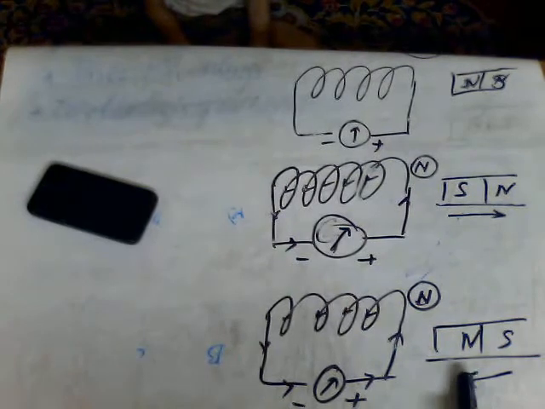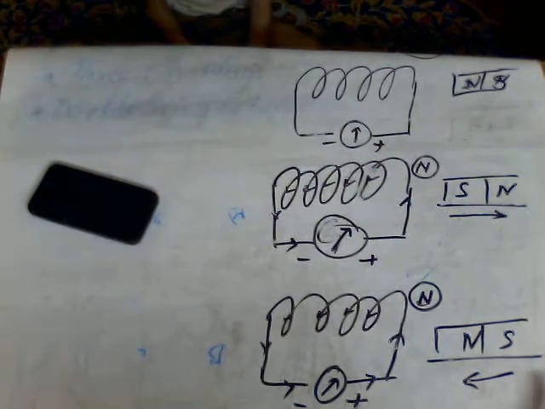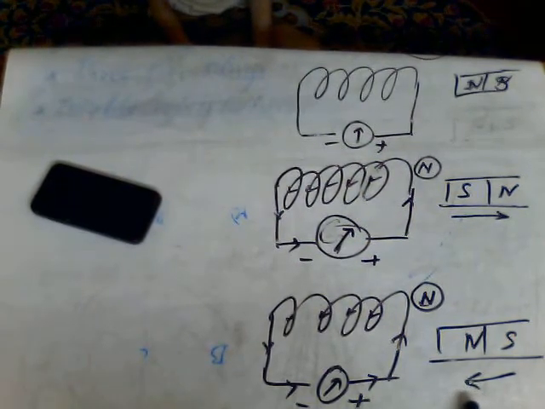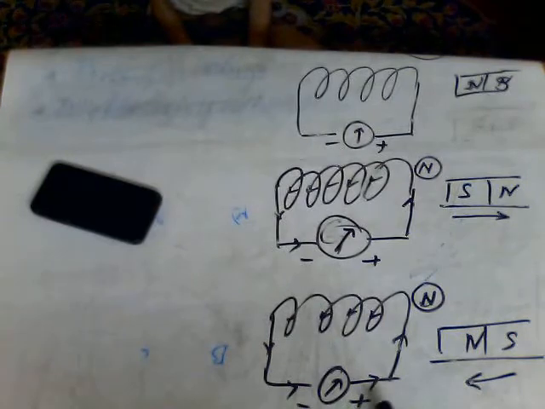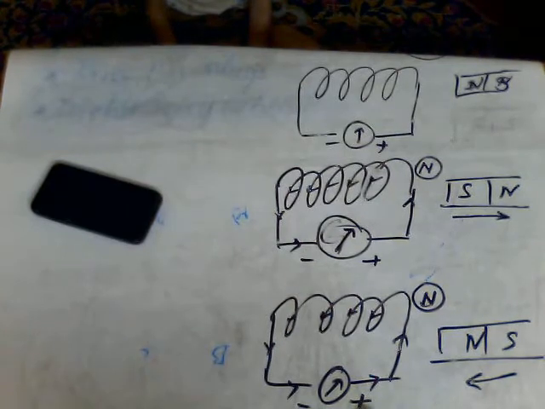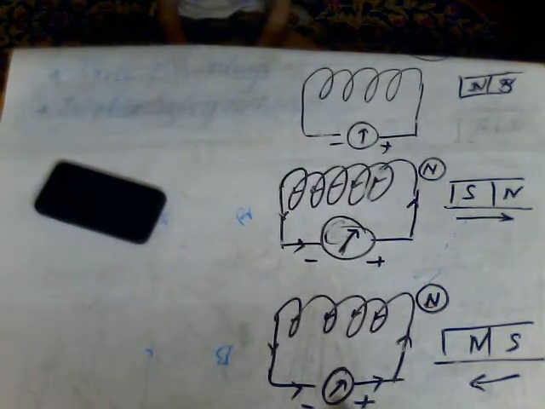So in the fifth figure, now the north pole is in front of the solenoid. Again, while we move the north pole of the magnet toward the solenoid, the direction of the current is the same as that of the north pole. The north pole direction is from left to right. The magnet induces EMF, and the direction of the EMF is also from left to right. And the needle moves opposite to the north pole.